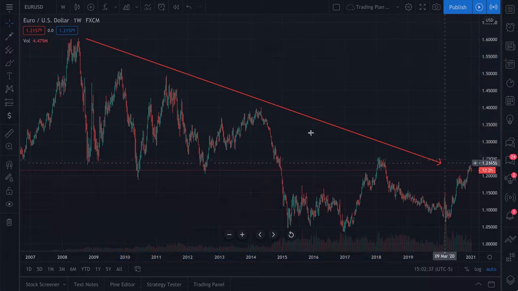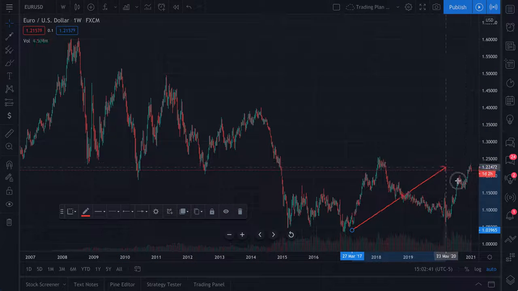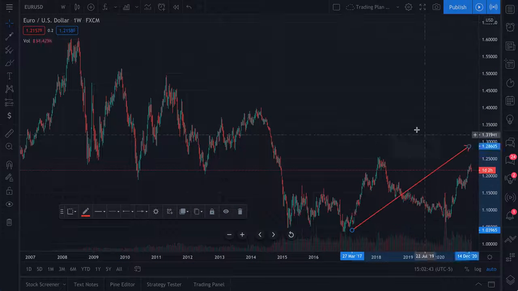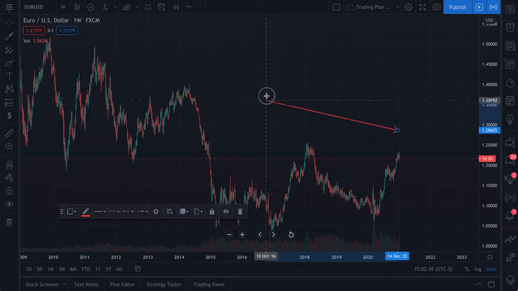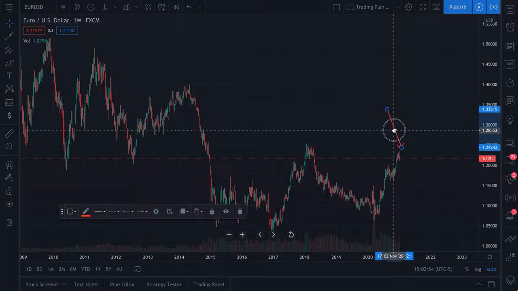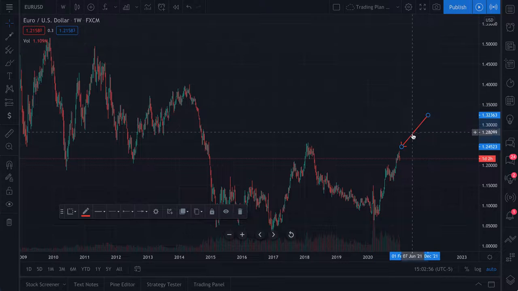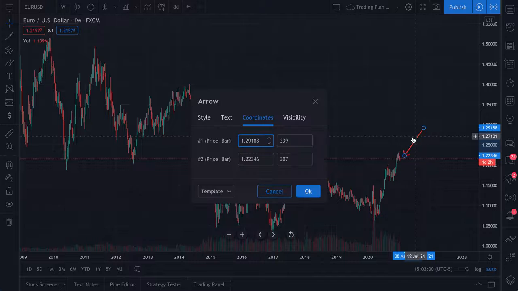If the asset was going up, well, you could just change the direction, and you could do something like this. Of course, it doesn't make much sense. It's not meant to be a trend line, but just a visual cue. As you can see, if you click and drag this bottom point, you can really manipulate the arrow to do anything that you need. So in this instance, we point at this level, and then we double click,